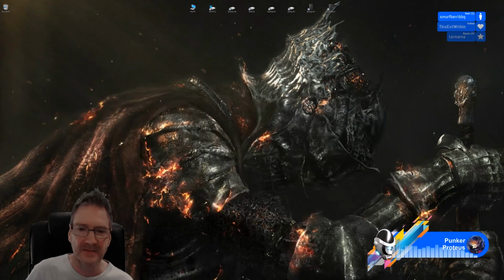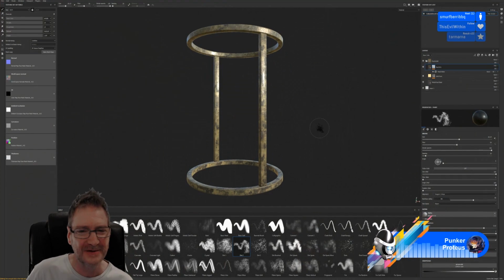So let's jump into Painter. I already have it loaded up. So this is the texture at the moment, which is fine, but I want to do a little bit of